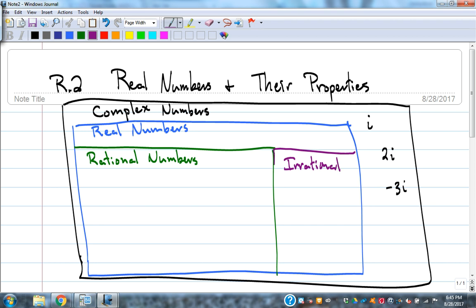So it just borders right up against that. It takes up this space inside of the real number box, but it's not inside of the rational number box. It's irrational. That means it's not written as a fraction. The irrational numbers